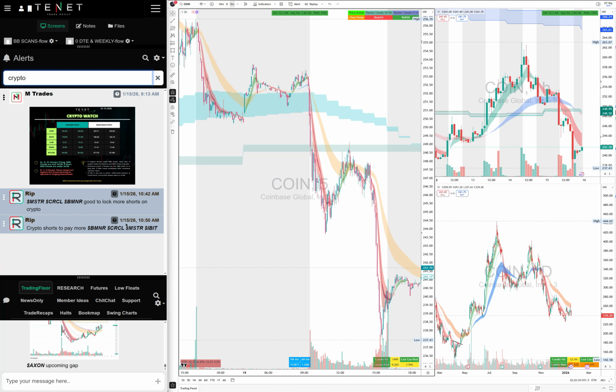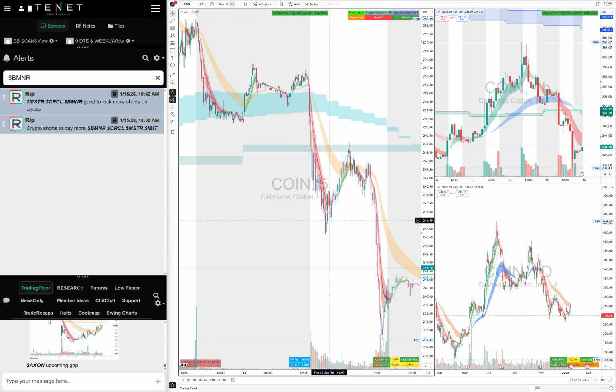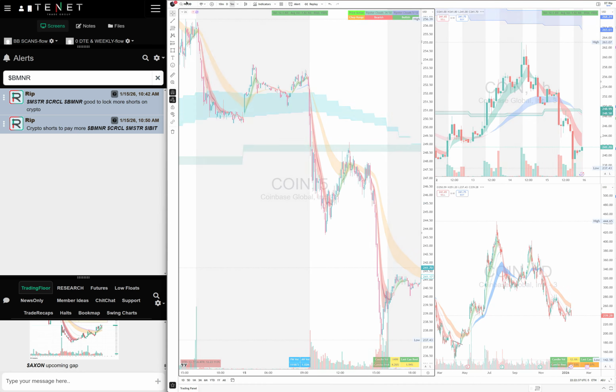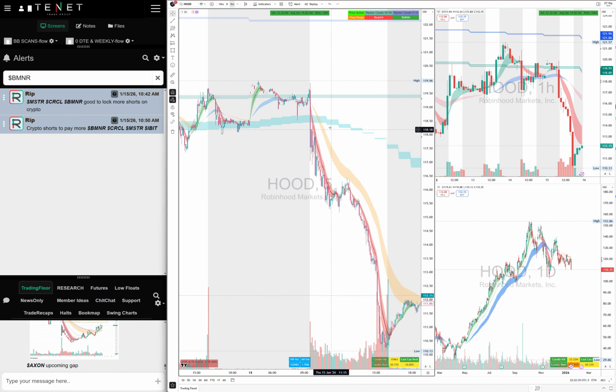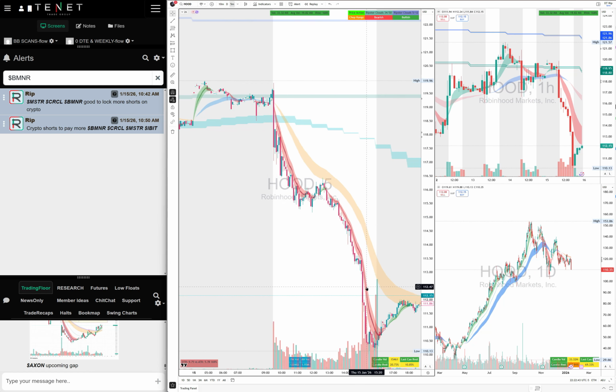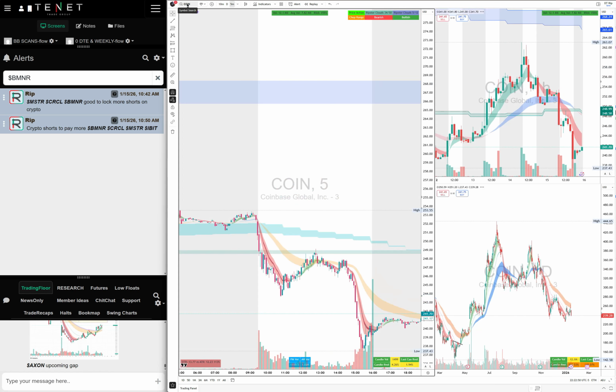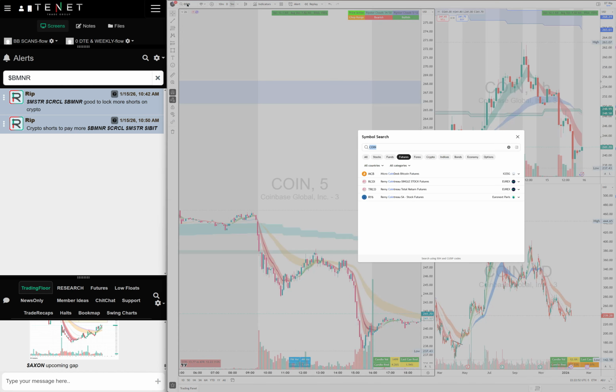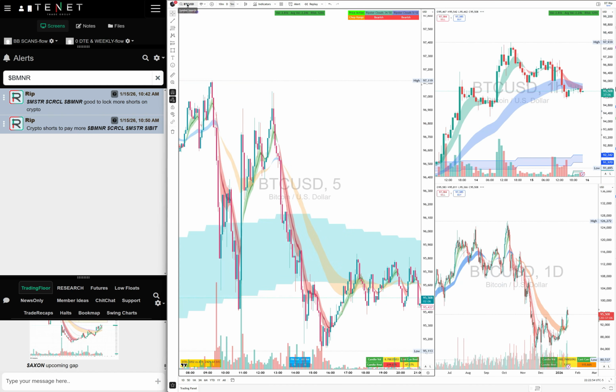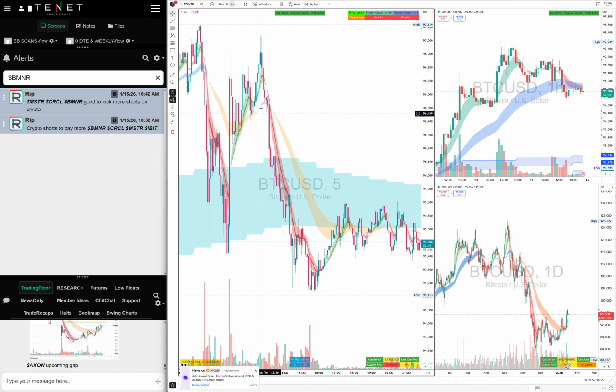I had told the traders that all of them are pretty good shorts. So Coin was a short. Once it breaks the clouds, you take a short. Hood, once it breaks the MTF cloud, you take a short, right? The put. Hood was actually a huge winner because it dumped big time today. Of course, Coin was dumping, and this was just a bearish day, right? You have to track Bitcoin. Always track Bitcoin. Watch my previous videos on crypto stocks. Always track Bitcoin when you're trading it.